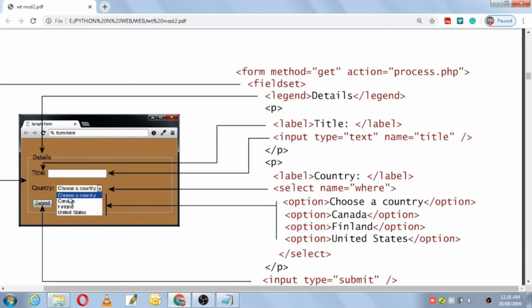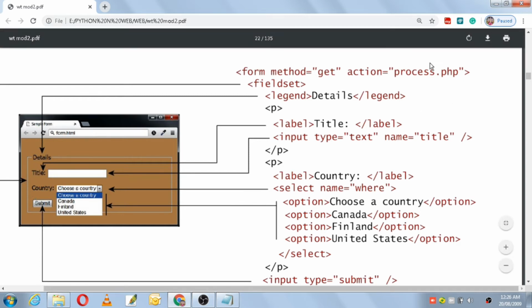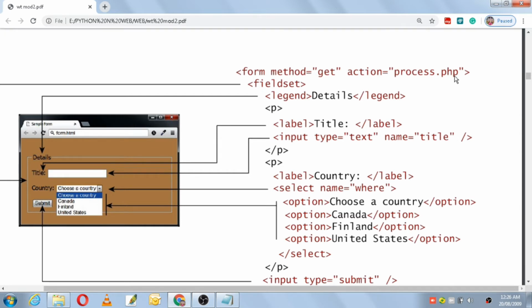If it is getting done at the server side, there also they require a code to do that processing. This is the input to that code which is going from the client, that is, from the browser. Once it goes from the browser to the server, at the server it has to be processed. The processing is being done using a PHP code, and the PHP code written here is process.php. So here we are making use of the PHP language to process the form data which is entered by the user in the browser.